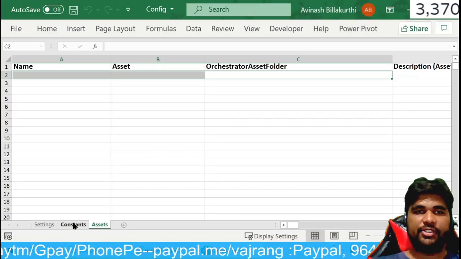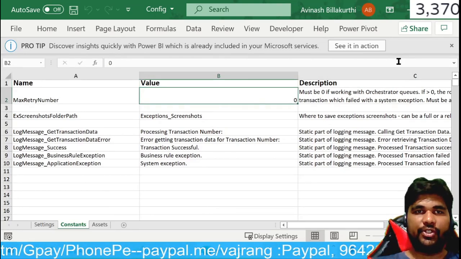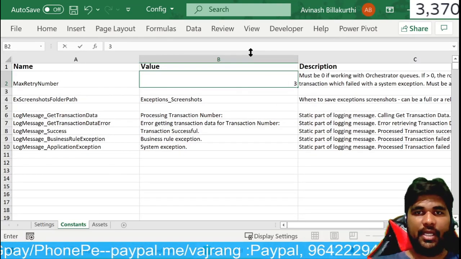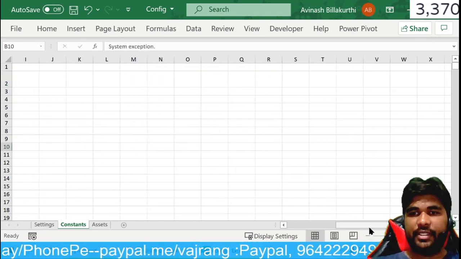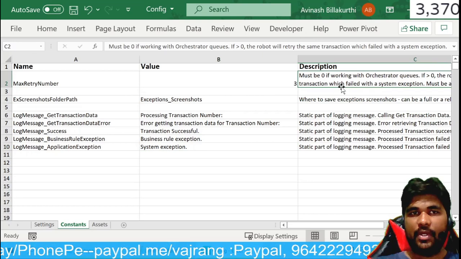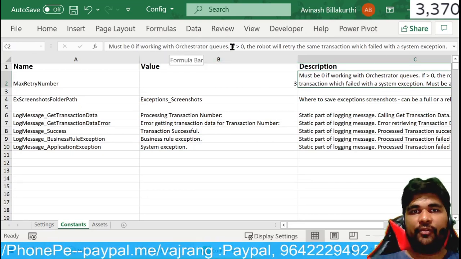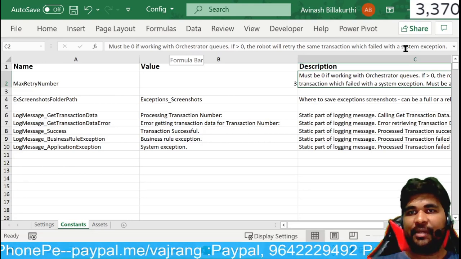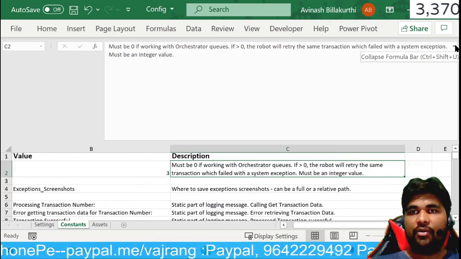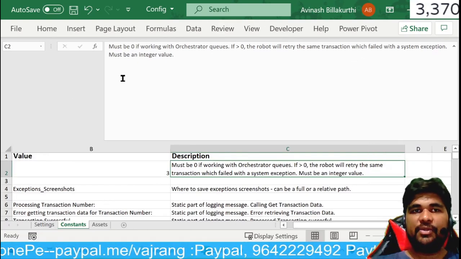In the config, in the constants, you can see that there is 0 to 3. This will work, but try to understand what's next to this particular value: must be 0 if working with queues. If greater than 0, the robot will retry the same transaction when failed with system exception, and must be an integer value.